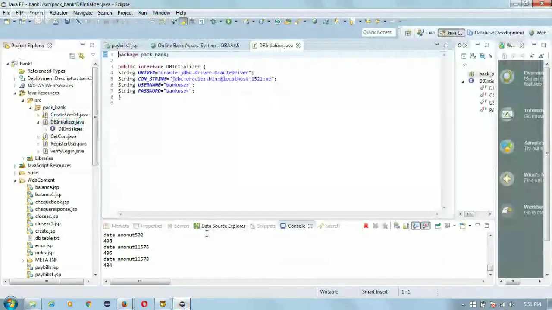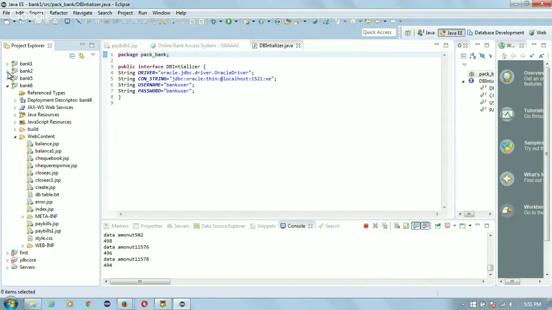Hello friends, we have been through the design and then implementation of the OBA system, and essentially there are two versions of this system. So there is the issue of release management, like one OBA system is for a market, say North America, and the other system is for, say, Europe. So we need to provide the right version to the right client. So let us see the two versions, how you can create the two versions from the same source code and